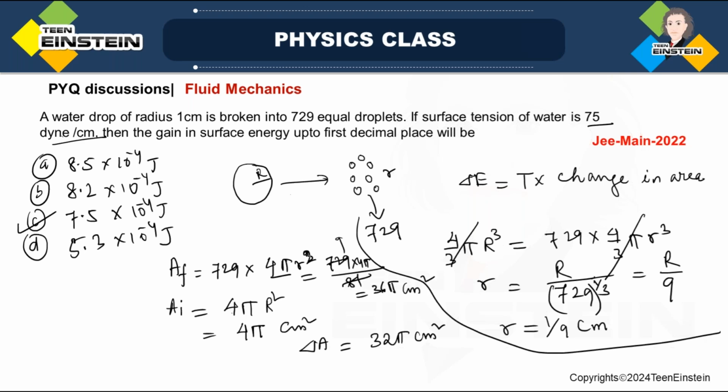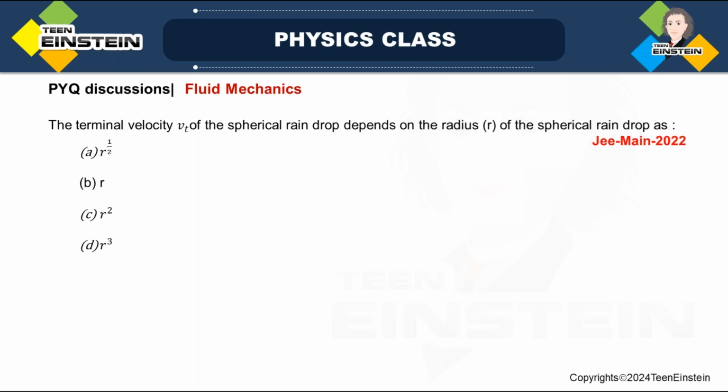Okay, let us go to the next problem. The terminal velocity Vt of a spherical raindrop depends on radius. How does it depend on the radius for the spherical raindrop? See, any raindrop when it falls, there will be mg downward, the buoyant force Fb, and also viscosity, that is Fv, let us say. So they will balance each other, and then the speed will be